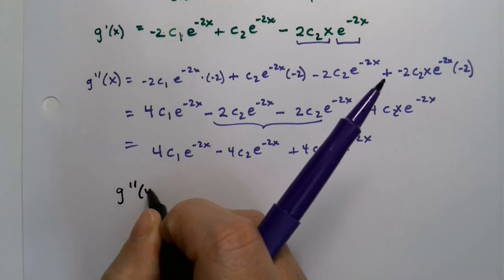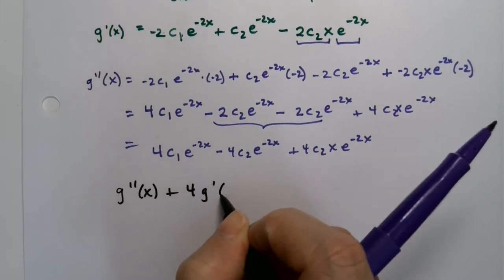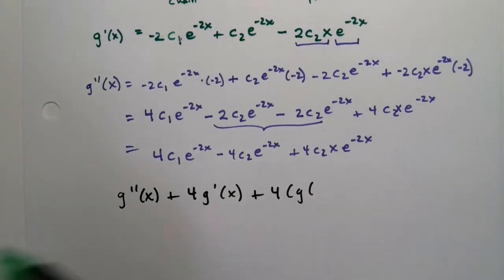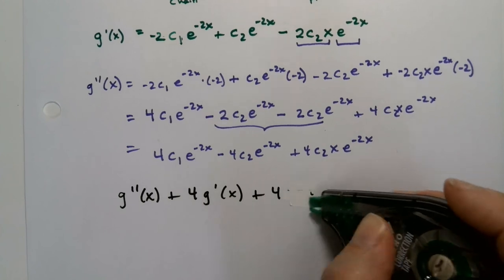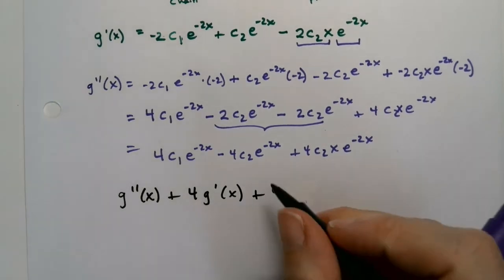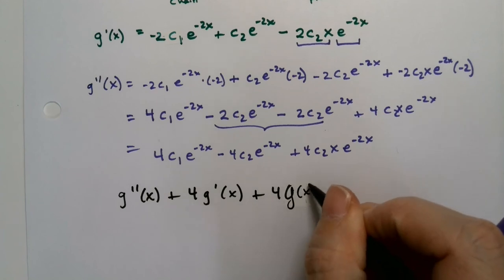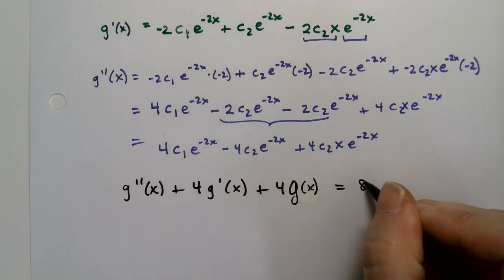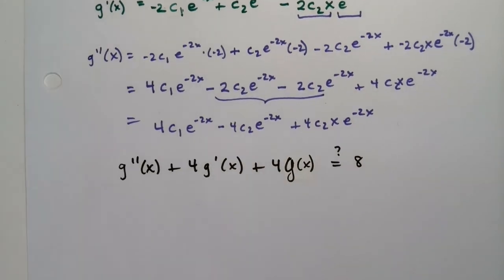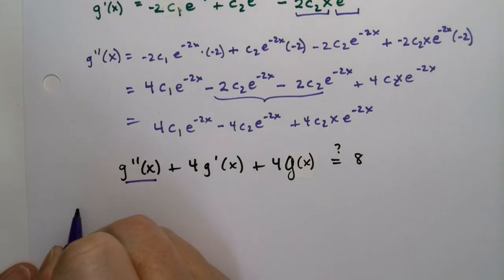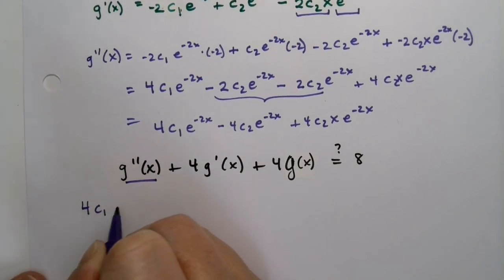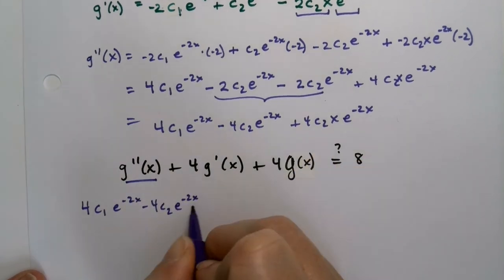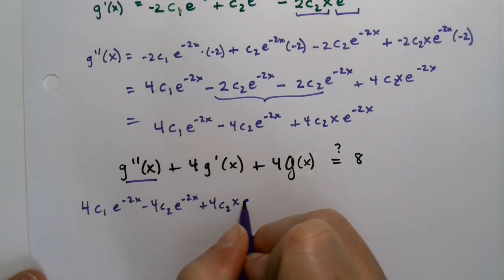Now g double prime of x plus 4g prime of x plus 4 times g of x is our equation. And we want to show that this is equal to 8. That's what we're trying to show. So g double prime is this piece. So I'm going to write 4c1 e to the negative 2x minus 4c2 e to the negative 2x plus 4c2x e to the negative 2x